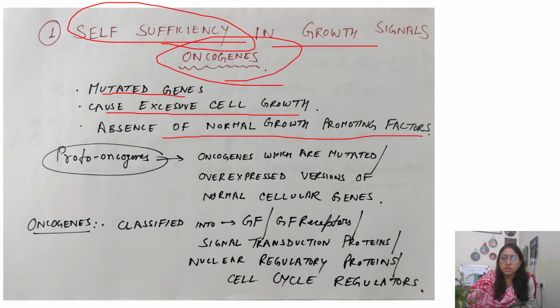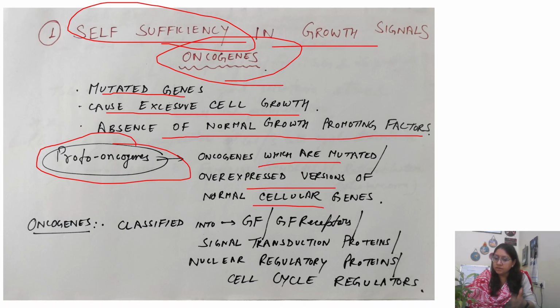So oncogenes hote hain which are mutated. So there's a terminology that is proto-oncogenes kya hote hain. So these are oncogenes which are mutated. So or they are overexpressed version of your normal cellular genes. Fine. So proto-oncogenes, when they are activated, they go into oncogenes. So basically oncogenes जो अभी mutated है, mute करके रखा है उनको. Correct? So अभी वो cancer causing नहीं है, but they have the capability. Once their inhibition is removed, they will keep on growing cancer. So ये self sufficiency of the cancer cells, they in growth signal they can give.